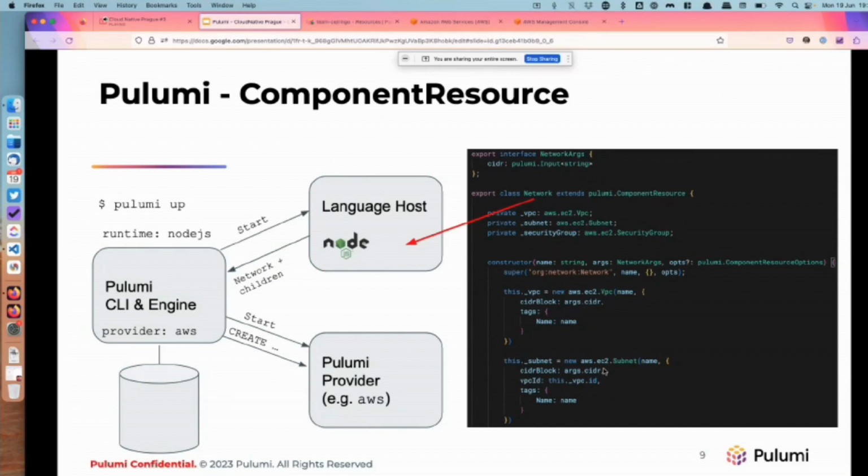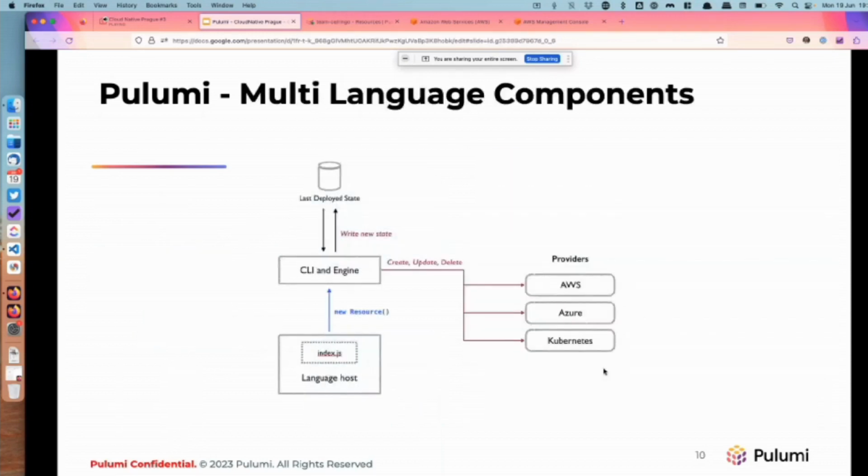Now, we also have the ability to write your component once in one language, also make a binary out of it, like you heard Andre talk about provider development, and then generate all the specific language SDKs for all the other languages. Because once you have that separate binary as a provider,